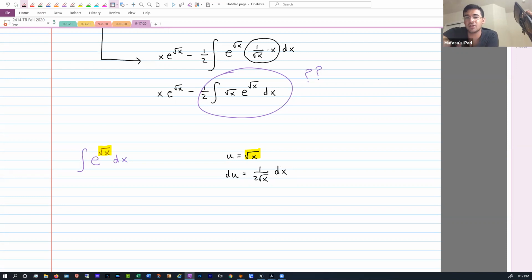For question 9 and 10 on the test, I tried thinking to do U substitution, but then I realized that there's no way I could get